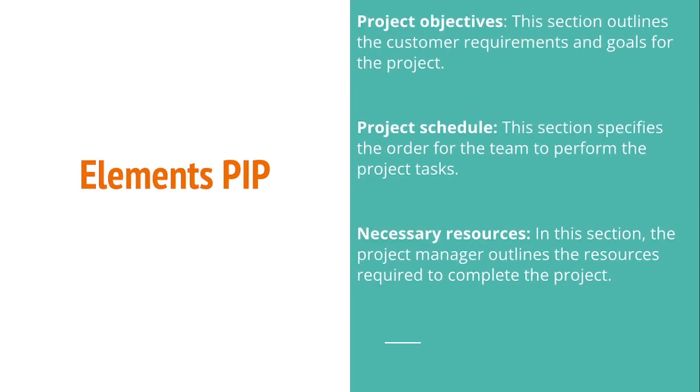Yeah. So I'm going to look at other elements also to guide you more in understanding this concept. Yeah. As I've said, the project objectives, this is the first section where you clearly outline the project goals and specific objectives. Yeah. Then the second section is a project schedule. In this section, you specify the order for the teams to perform the project's tasks, which is similar to a work plan, where you set a schedule that